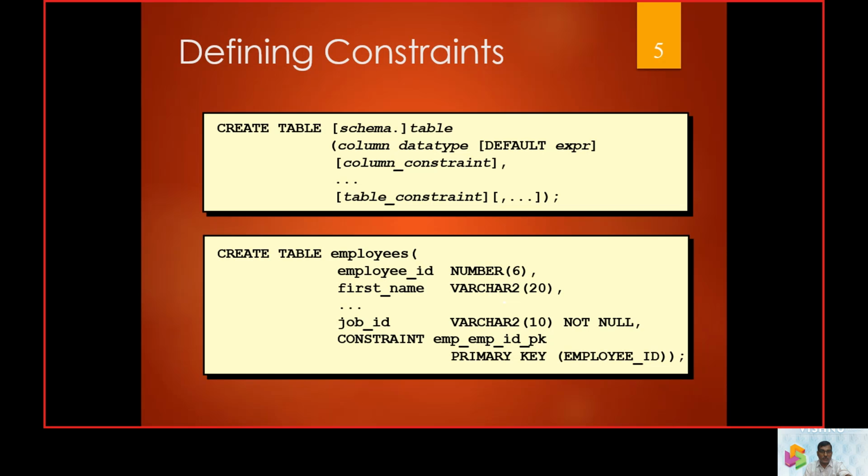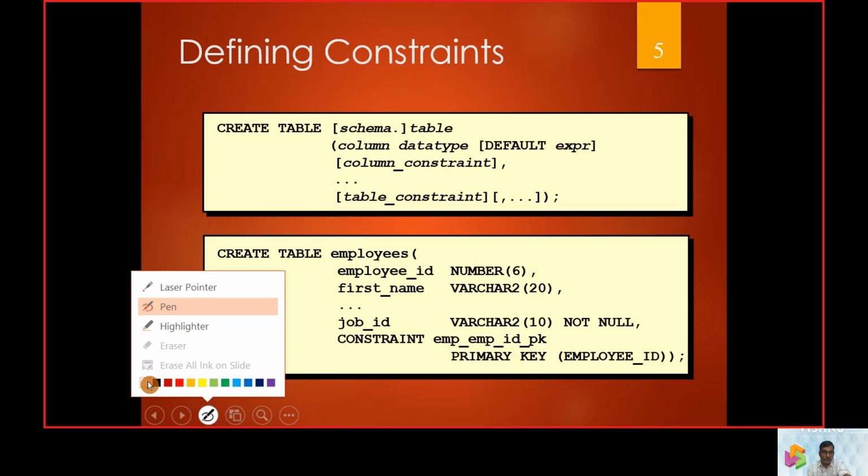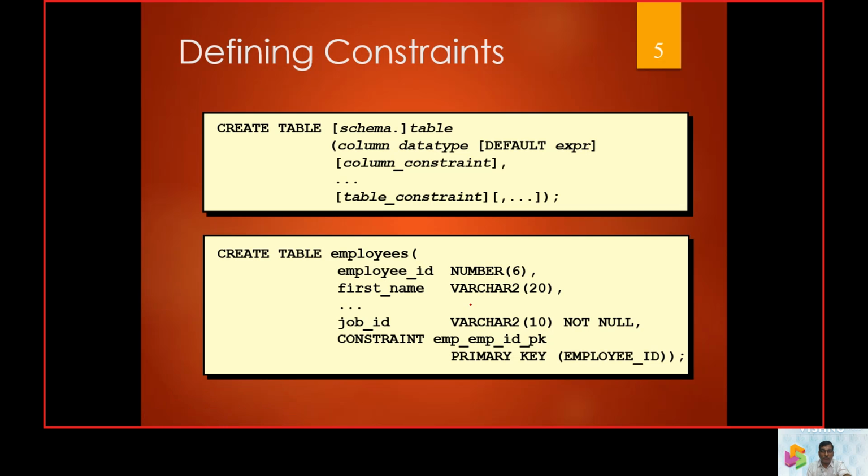So now the syntax: how we can define a constraint. A constraint can be defined on a table, or on a column, etc. So now you can see here, create table. Thereby we made some schemas, some attributes.